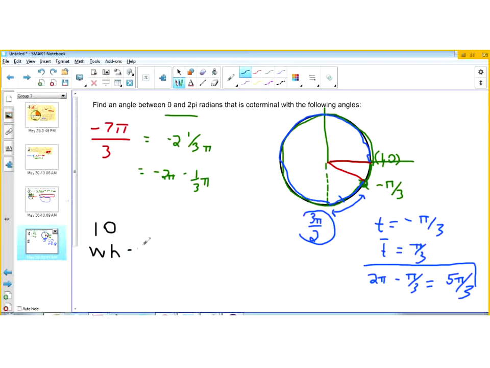So what angle is coterminal with 10? Okay, so where is 10? Well, here's 2 pi. 4 pi is greater than 10, right? So 10 would be,